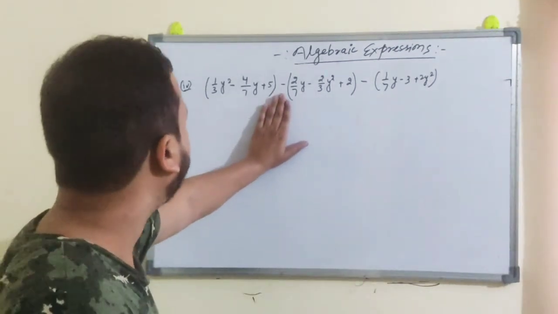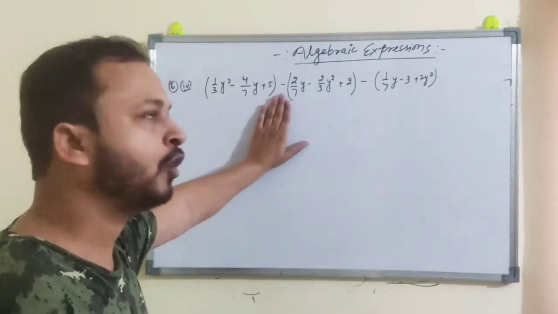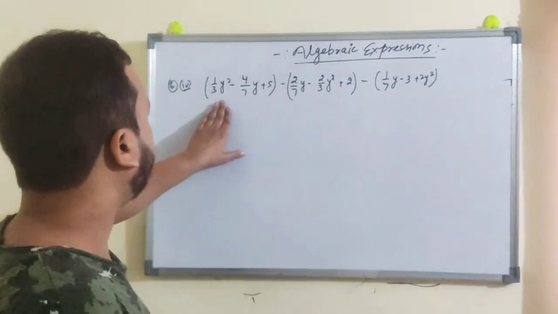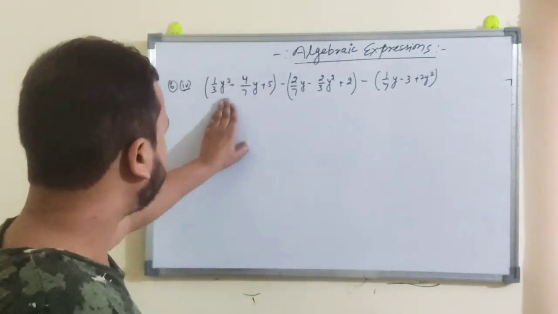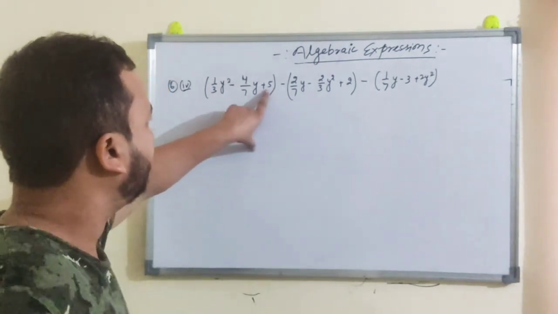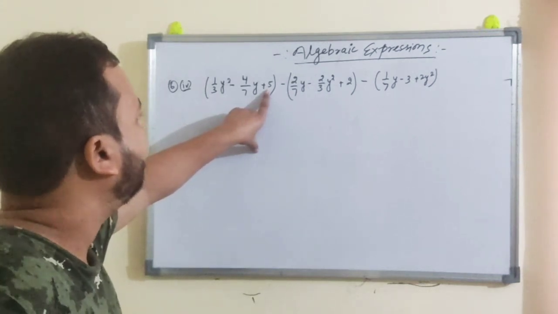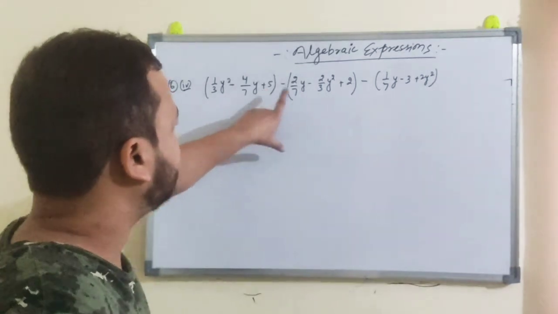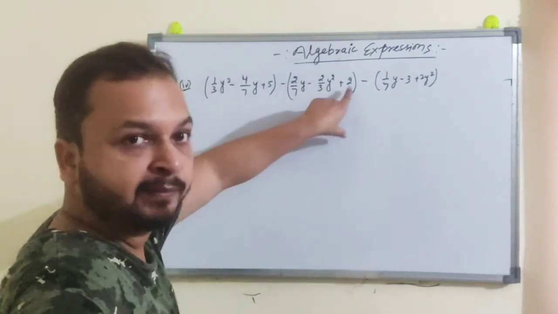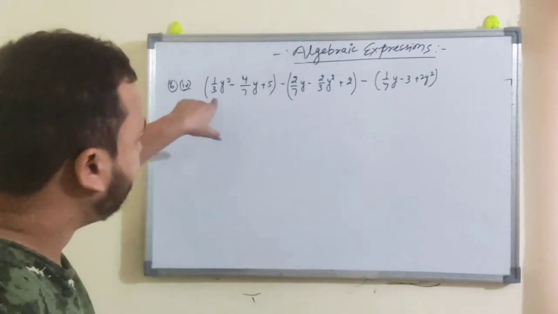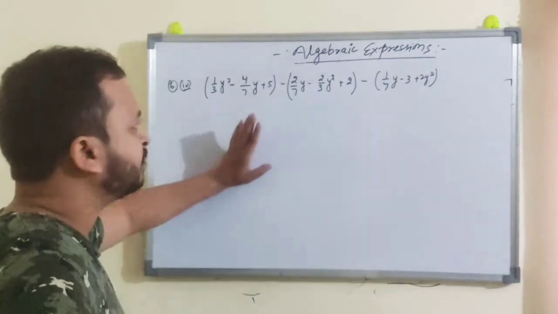So what you have to do, you have to first open the bracket, and then make the groups of like terms. So here y square is given, y is given, and this is the constant. When an expression is given, a term which does not have any variable part is known as a constant. So this is a constant, this is a constant, and this is also a constant, because they do not have any variable part, right?